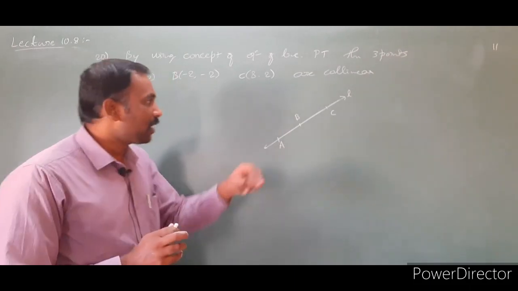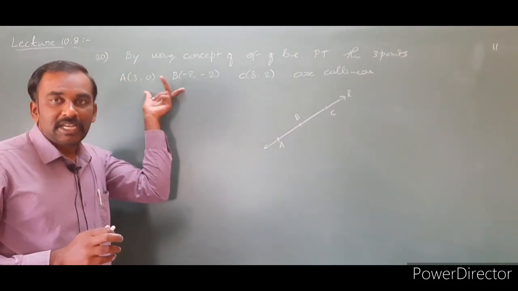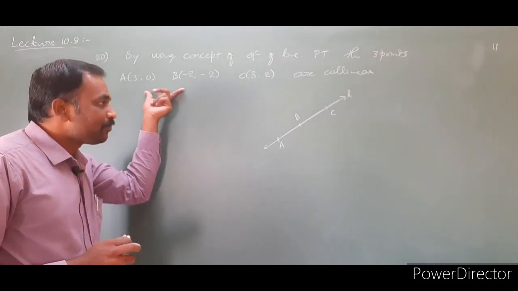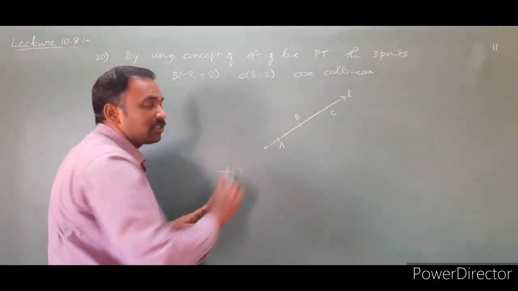Yes, obviously you can find the equation of the line. By using the A and B points, I just find the equation of the line. Then we will get one equation, which is called equation number 1. Then we have not used the C point.